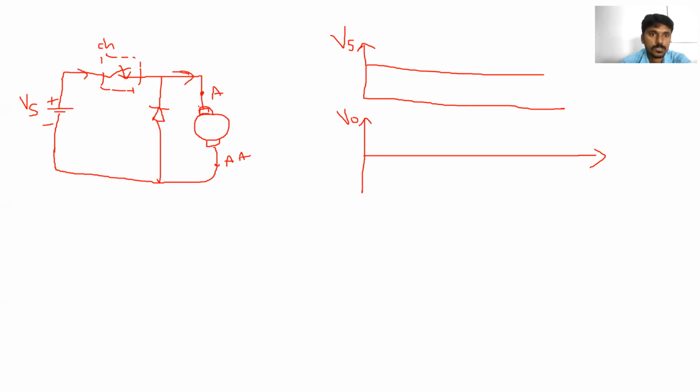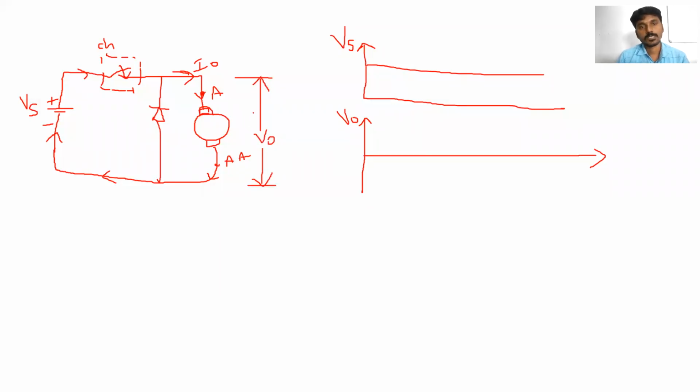Yes, sir. Okay, so this current is flowing this way, through this circuit. This is the path for flowing the current through the load circuit. When the current is flowing through the load circuit, that current can be called the load current or output current, which is represented by I0. Whenever the current is flowing through the load circuit, voltage is present across the load circuit. Clear?